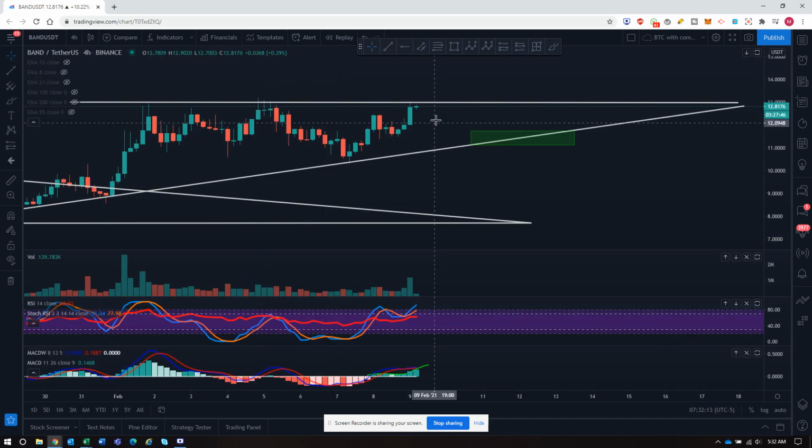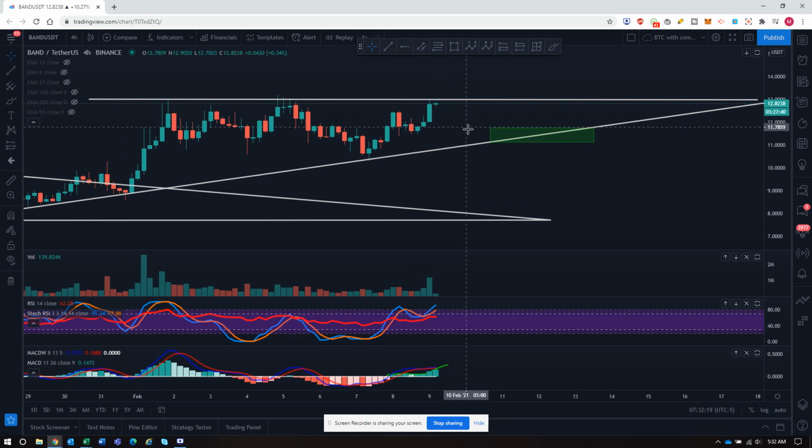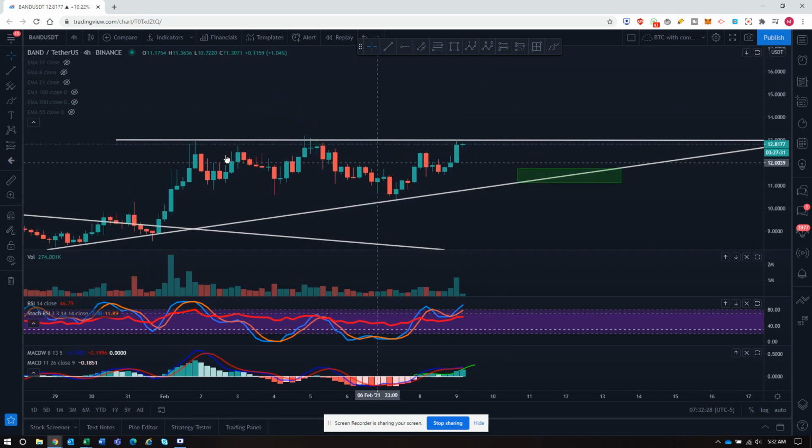They're sitting in the back and trying to add more and more, right? So that's what I think right now. If this movement downwards doesn't happen, and let's say this resistance at the $13 does not drive us back down to this level, what most likely would happen is that Band would actually, sometime soon here, have to